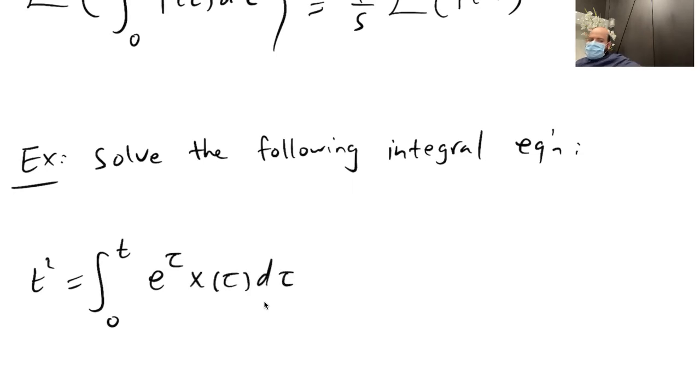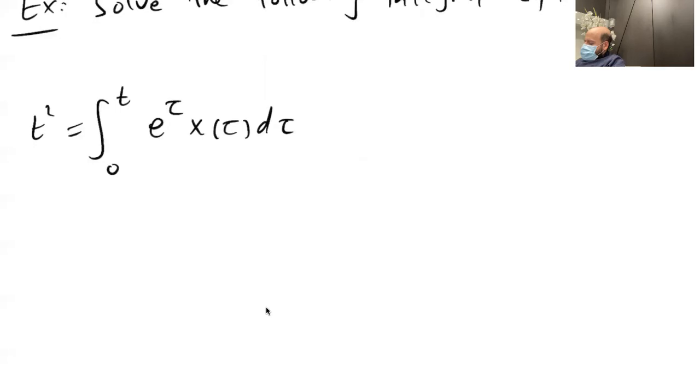The goal here is to find x of tau. So this x of tau is the unknown function, and we want to find it. Now, in order to find x of tau, let's apply Laplace transform